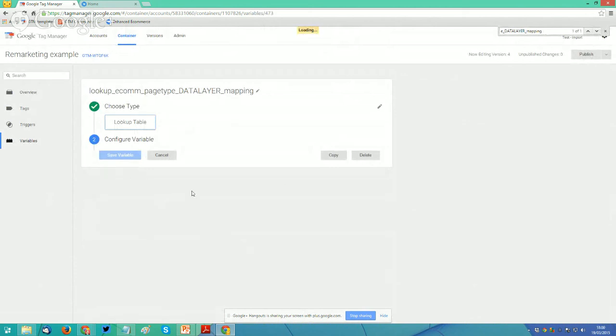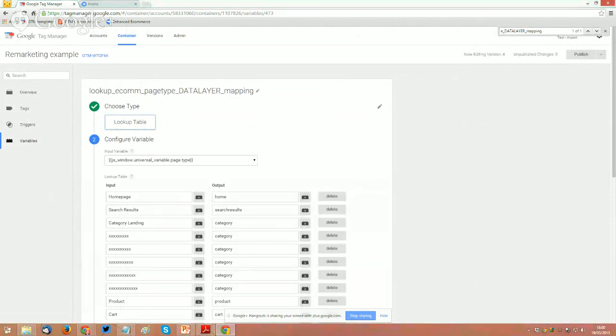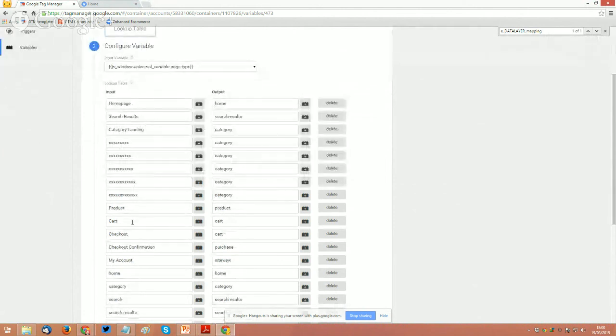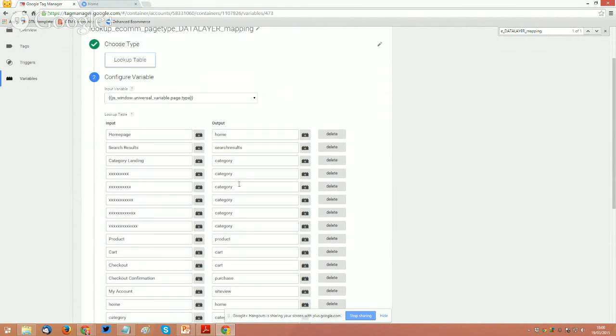Just wait for that to load. So down here you can see that there's a page type. So cart, obviously that one's already being forced to be set, but the other ones where it's maybe outputting a data layer field of product, I have to use these forced names for product in lowercase in order for dynamic marketing to work.